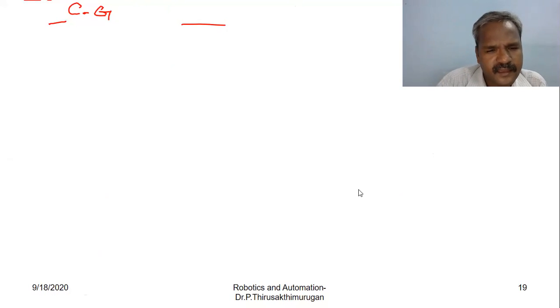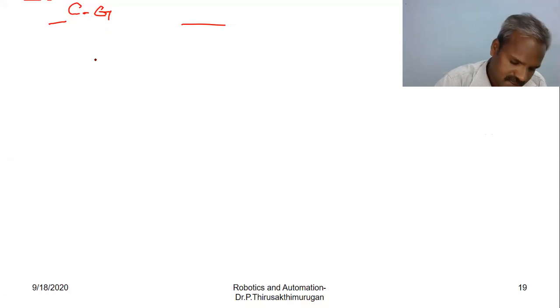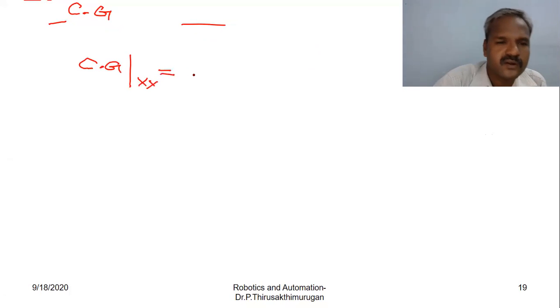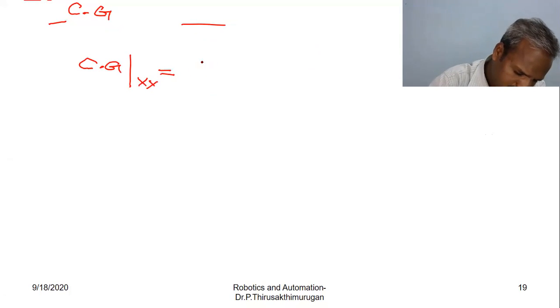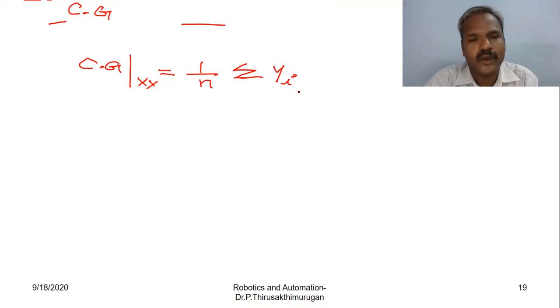Which is 25. Say, I write here, center of gravity about x-axis equals 1 by n, total area, about y, yi.